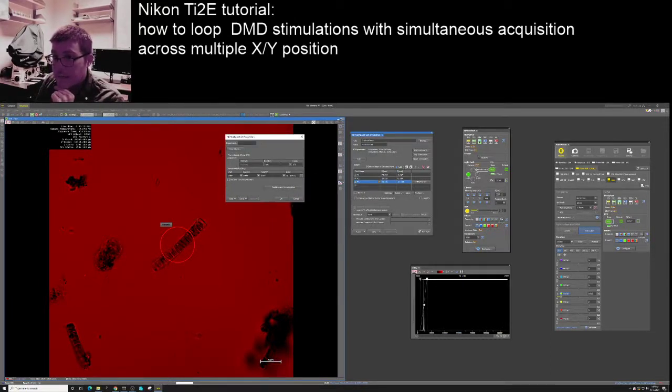So let's say we had an ROI like this cell here, and let's say we wanted to image it for 5 seconds, and within that 5-second window we wanted to wait 2 seconds, then stimulate this ROI that's been assigned to the 561 DMD, and then do that stimulation for 1 second, and then complete our imaging. This is something Nitesh worked out how to do for his experiments, and if you do this, this will stimulate like this for a single